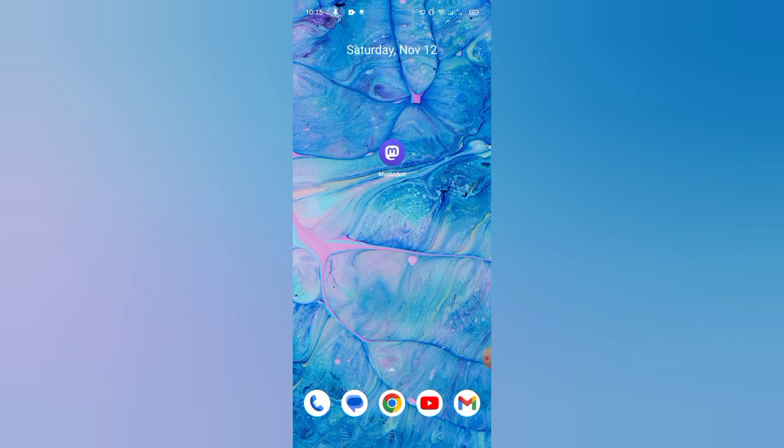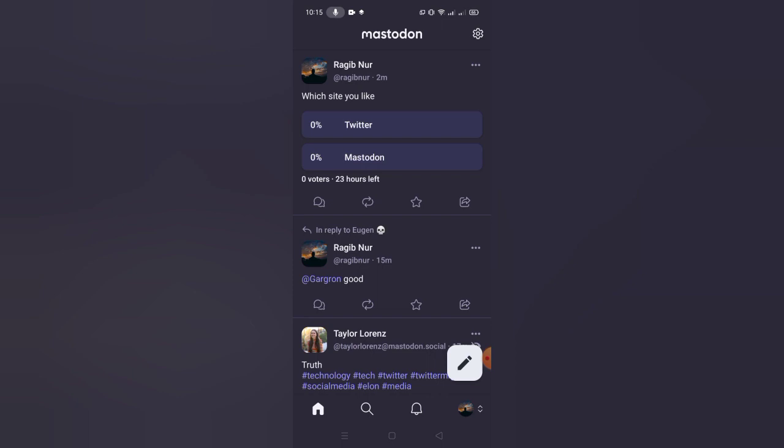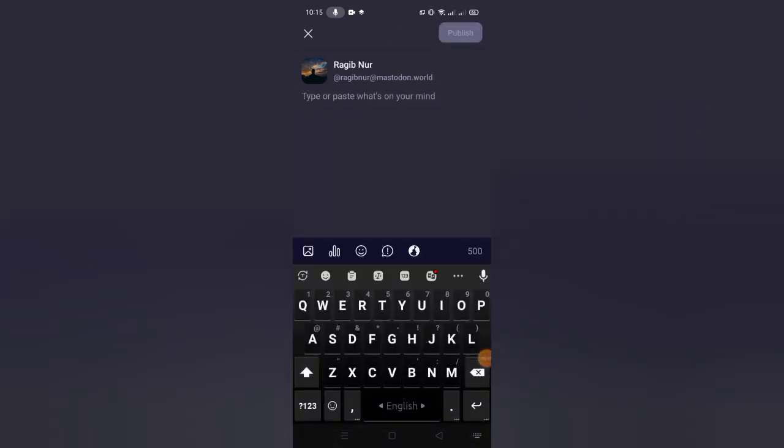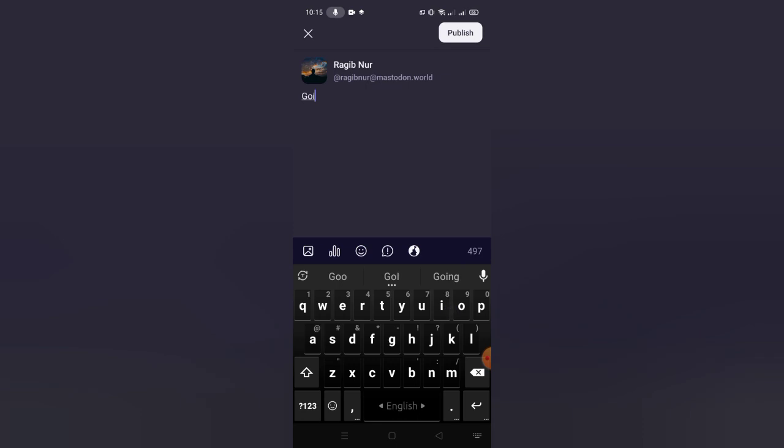Here you can see the Mastodon social app. So click on your Mastodon. And then click here, the pencil button, this one. Just click on this and write something. Good night guys. So I just wrote something, you know,